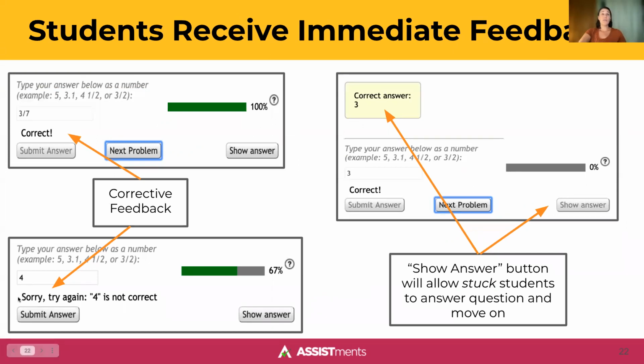If they do not get the problem correct, they get a message, sorry, try again. And they can, like Carrie said, persevere and try again and work through their mistakes. And when they get it right, eventually they're going to get that positive corrective feedback. If a student gets stuck, I told you I'd be talking about this again, that's when they're expected to press